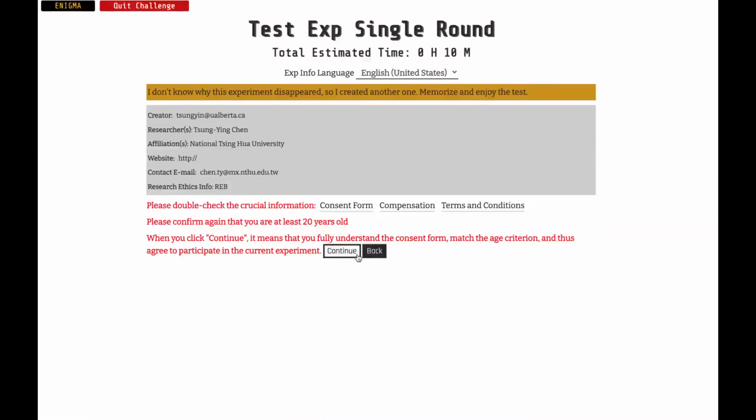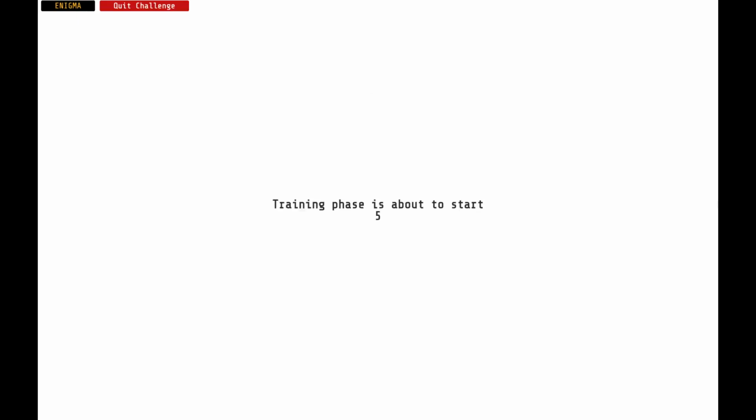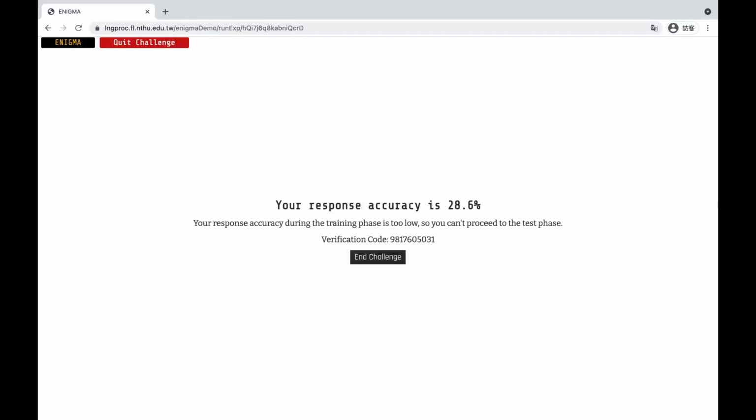The demonstration so far talks about the case in which everything goes well, but on some special occasions, your participation might terminate right after the training session. In a training session, experimenters might incorporate some tests to make sure that you really concentrate on the input stimuli, and they might also set up an accuracy threshold for this stage. It means you have to pass this threshold to move on to the test session. If you fail to pass the threshold, your participation will be terminated immediately after the end of the training session.